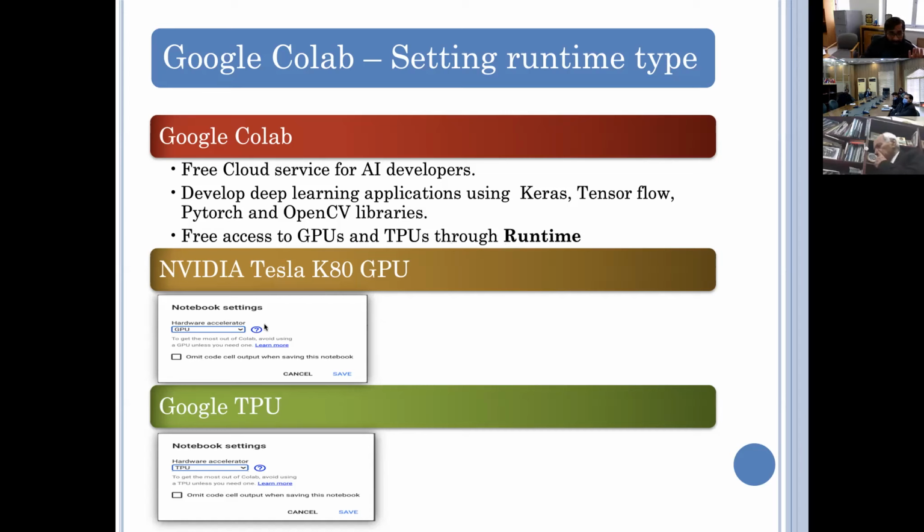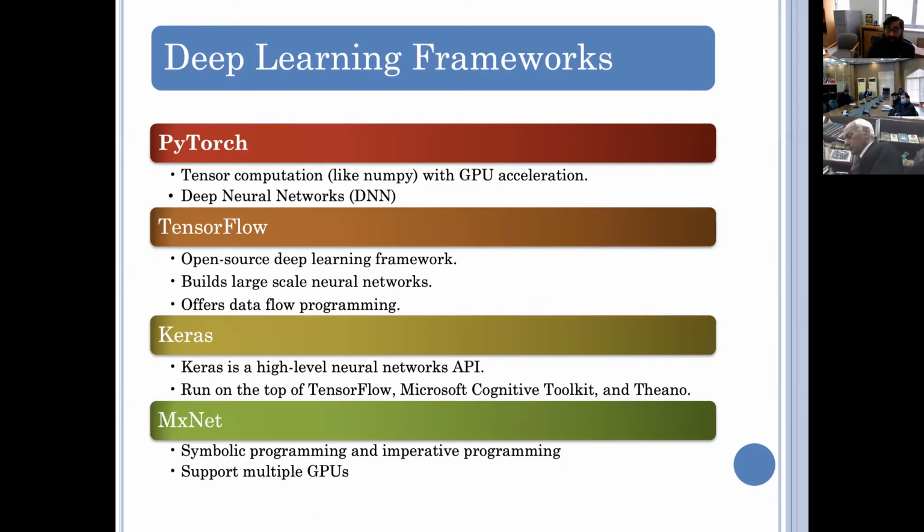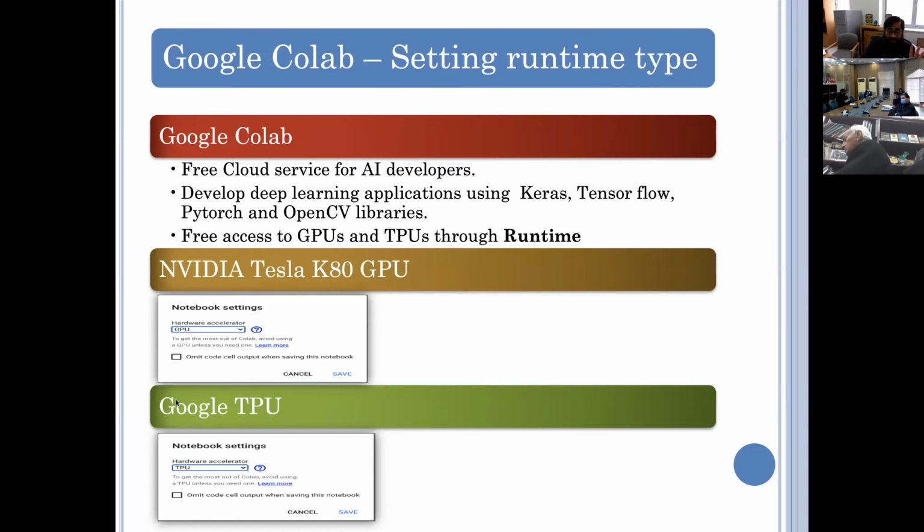I have given you an example. If I select GPU from here, under runtime, or I can select TPU, whether you do the programming in PyTorch, or in TensorFlow or Keras, once you select it, it is a simple thing. All computation will be done on the GPU if I select GPU. If I select TPU, all computation will be done on the TPU. These are your accelerators. These accelerators belong to SIMD architecture. There are other accelerators available. You can enhance the performance using FPGAs.